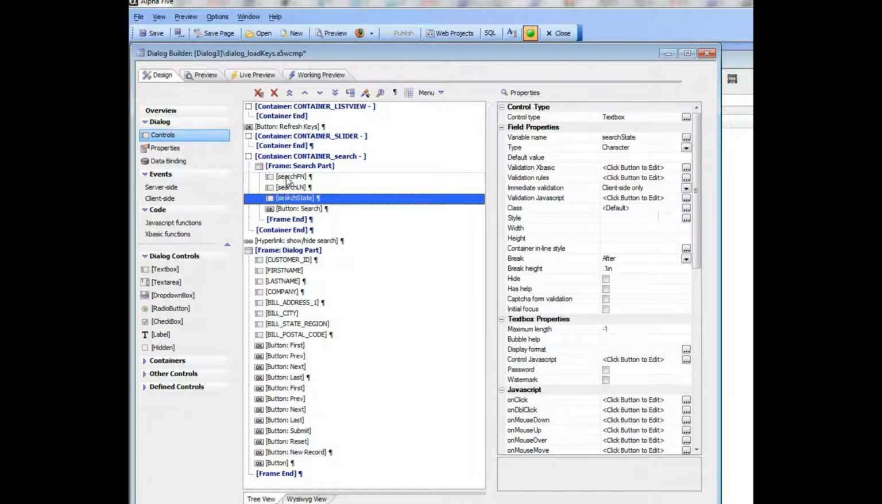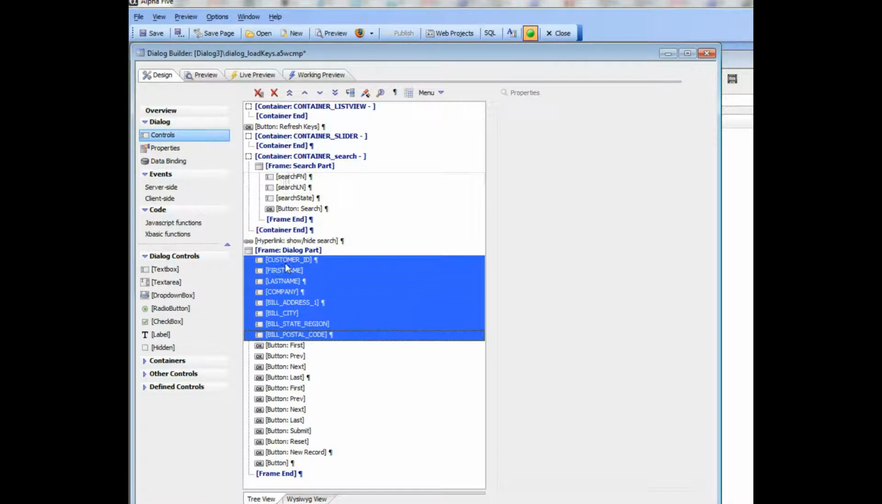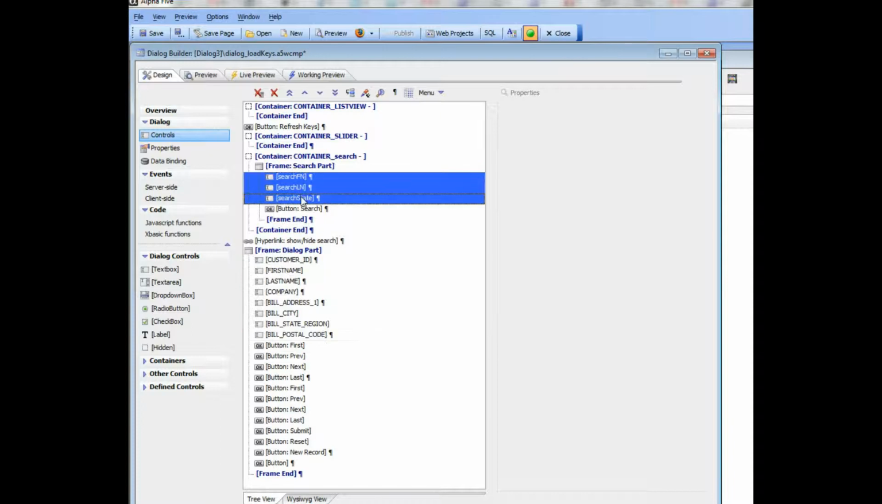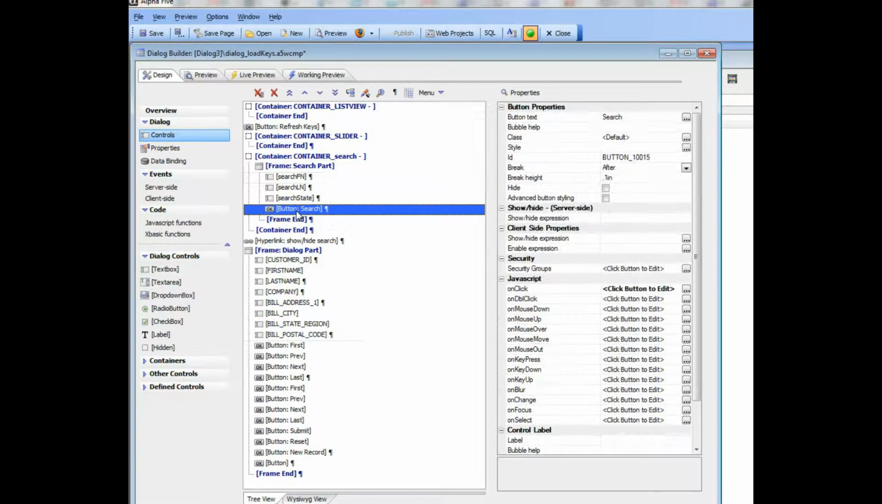So these controls are not bound to data. Unlike all of these controls over here, which are data bound controls, these controls over here are just simply input controls where the user can type in some data. And then we have a button here called search, and if we go and look at how that button